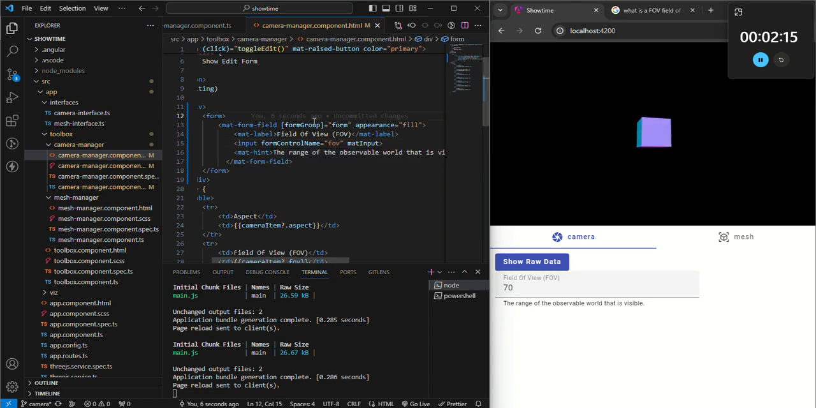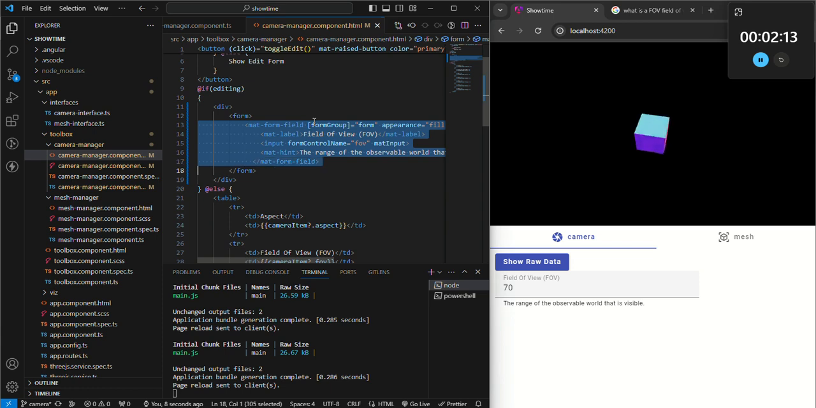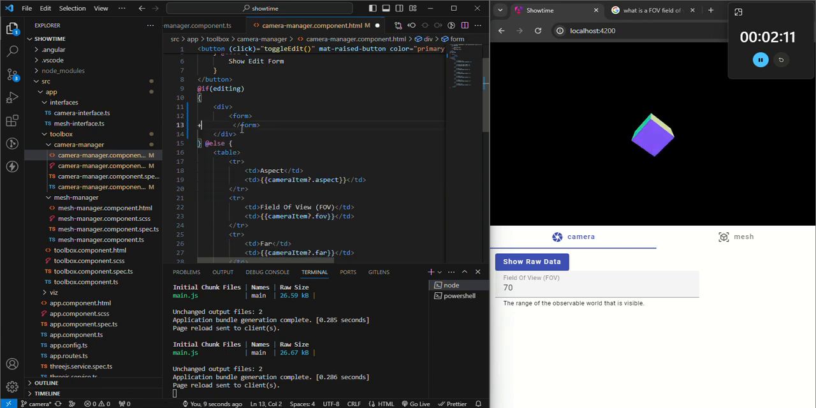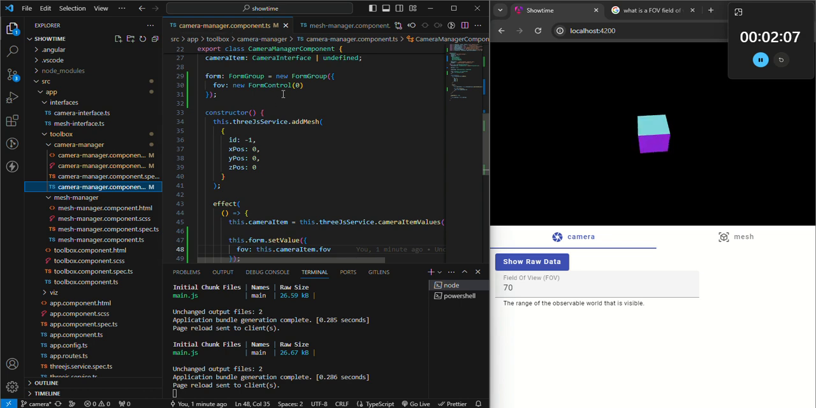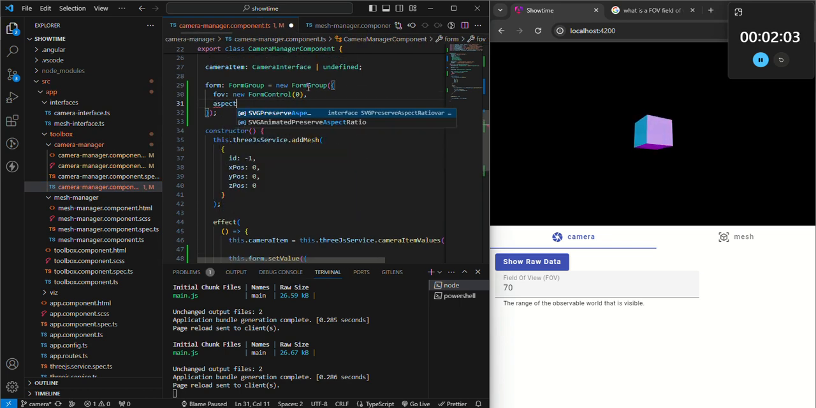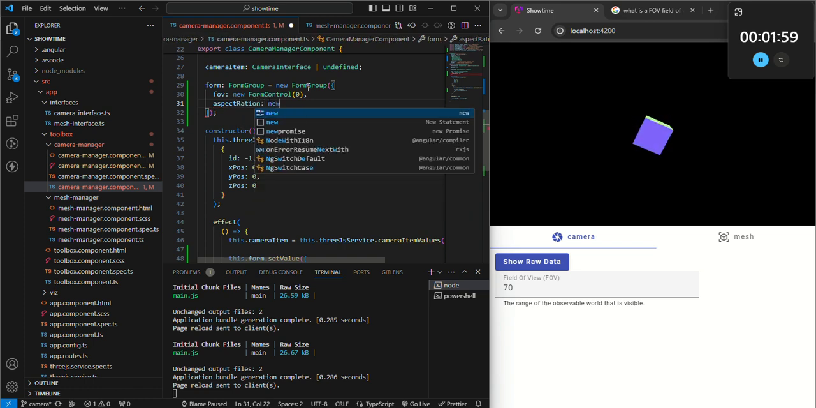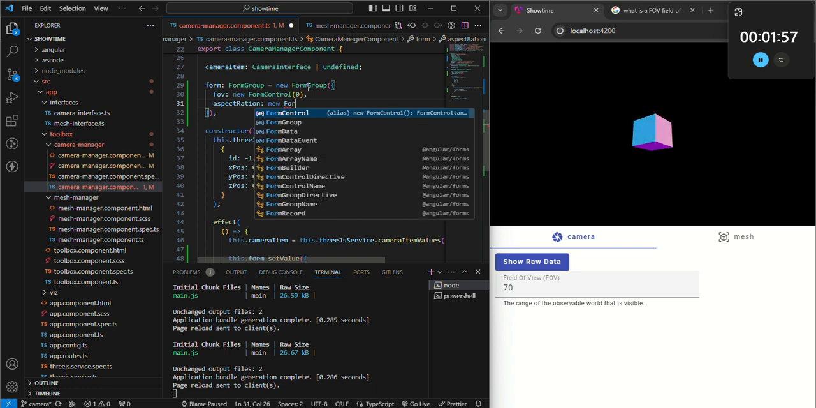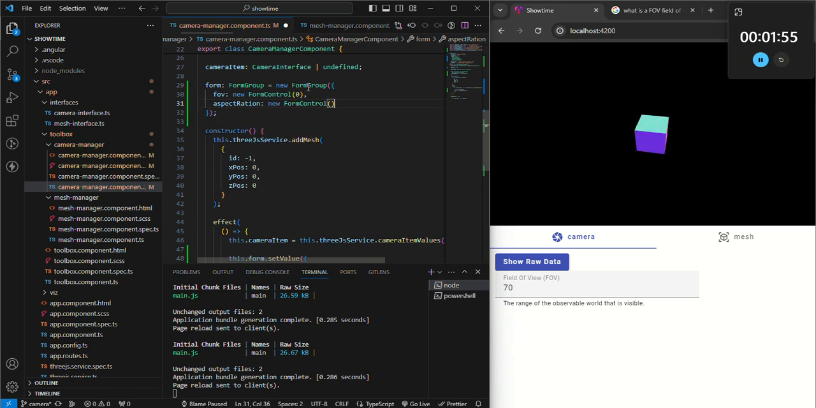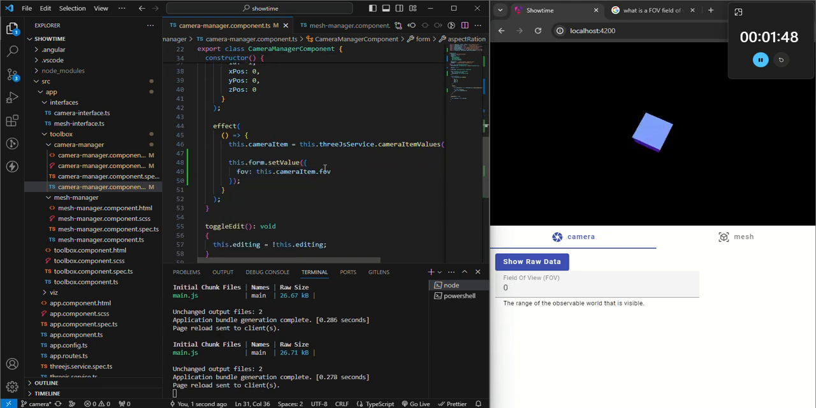So let's go ahead and at least make the form. Now let's go ahead and pull it in. So the next one is aspect ratio. And I'm going to say that's a new form control, and default it to 0. And then we're going to say